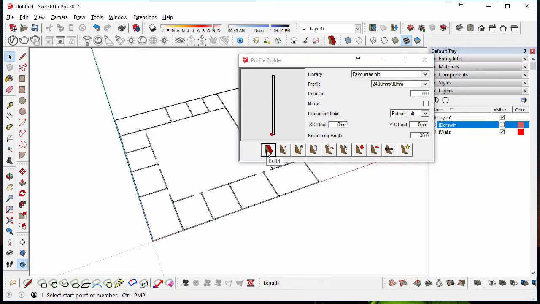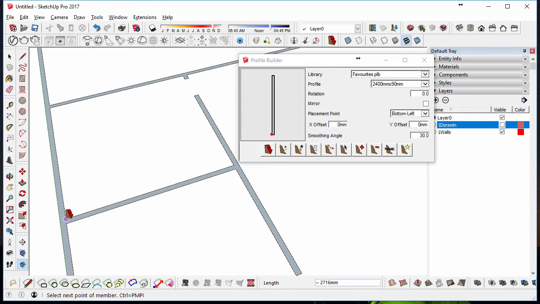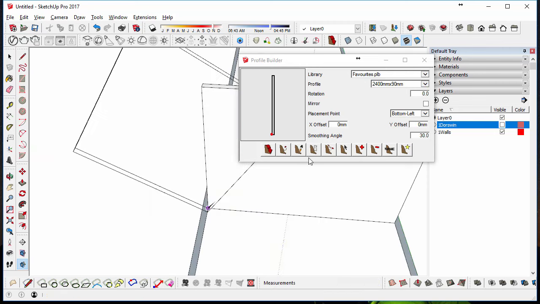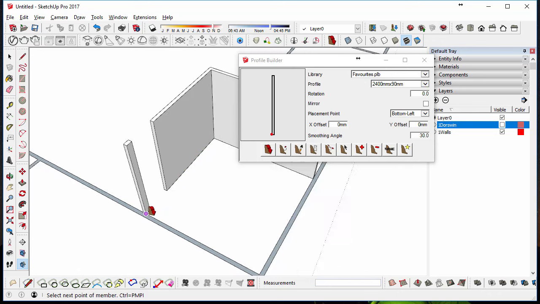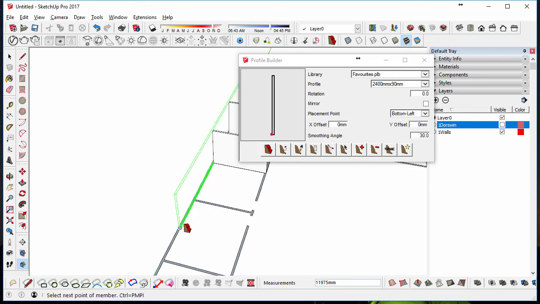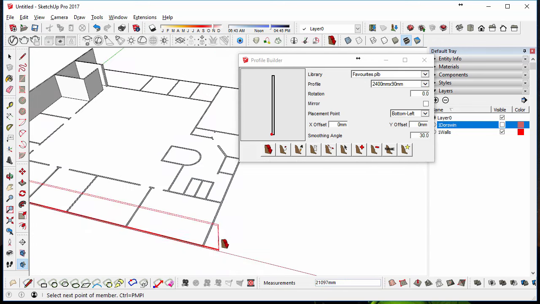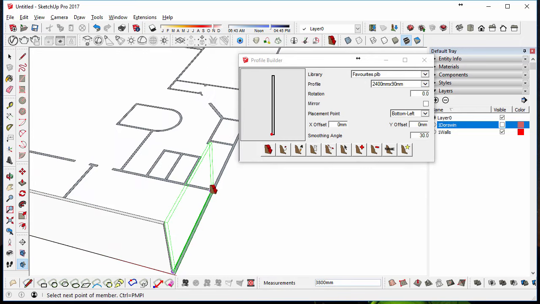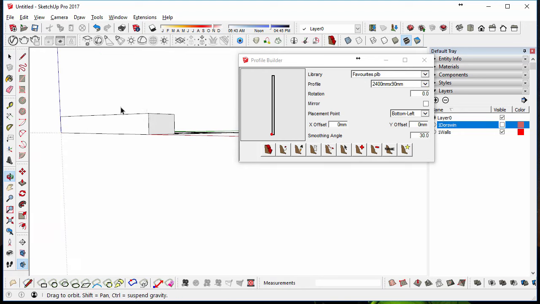I can move the insertion point to the bottom left. I can then click Build, and you can see now I could just click on the plan and just follow the walls. And it's really simple to use, and you can build up your 3D walls really quickly. And you can load as many profiles as you like into Profile Builder and just build those up. So that could be an option for you. I know that most people won't have Profile Builder, so we're going to draw the walls by using the DWG